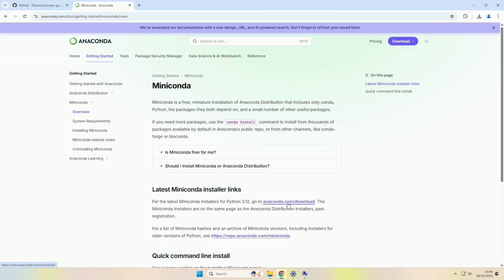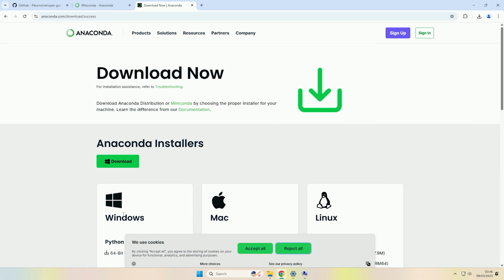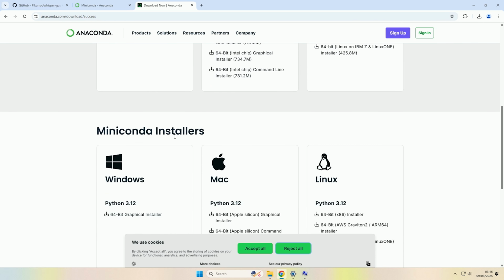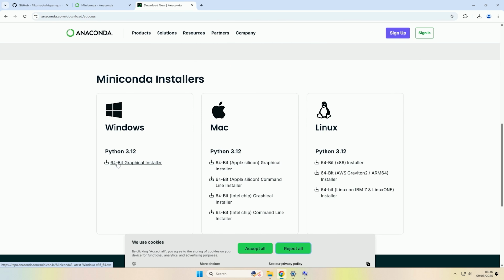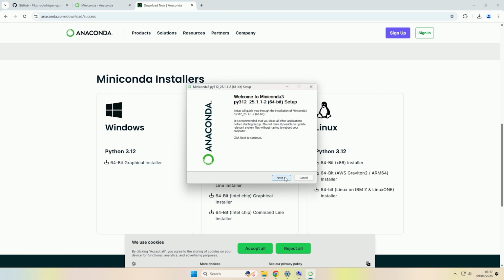So if we click the download link here, and then we can click skip registration, and then we don't want this first one here, we want to scroll down to Miniconda, and then we want to select the 64-bit graphical installer down here. So now that's downloaded, we will now just run the installer, and then we will click Next,